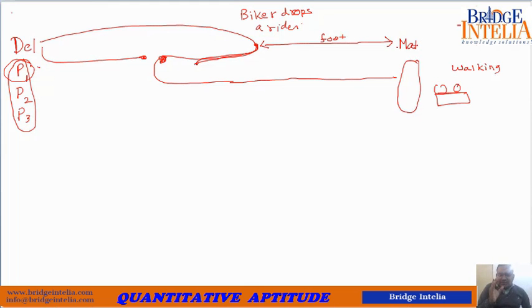So we have to solve this question based on this approach. I repeat myself. One person starts walking. He walks from here to here. Two persons start on bike. So bike goes from here to here. The biker drops the rider. The rider then starts walking on foot, whereas the biker turns back to pick his other friend who is walking now. So he meets him somewhere, gives him lift, and then they both go towards Mathura. Fine. This way they all three will manage to reach Mathura together. Now we have to solve in what shortest amount of time can this be done. So let's solve this.